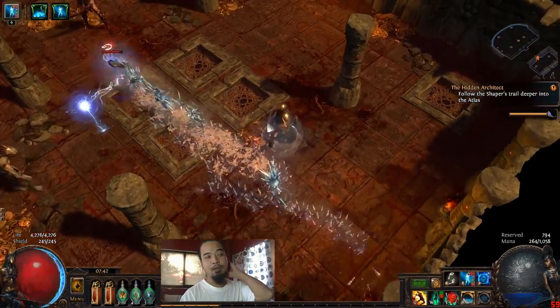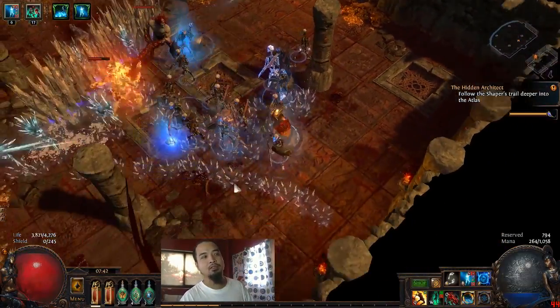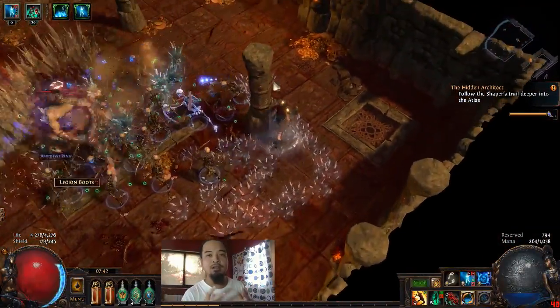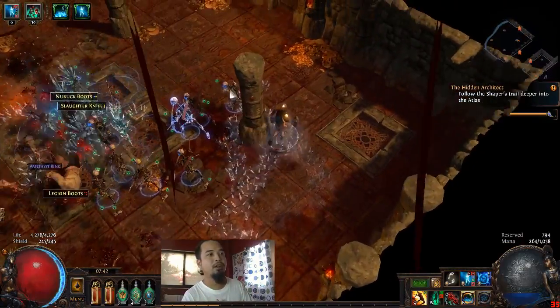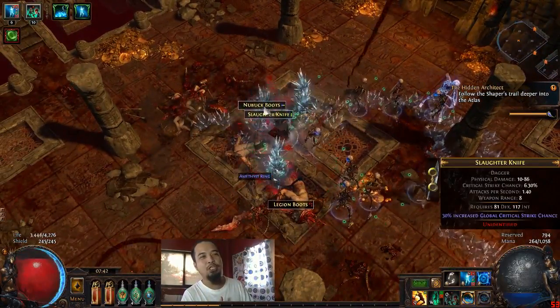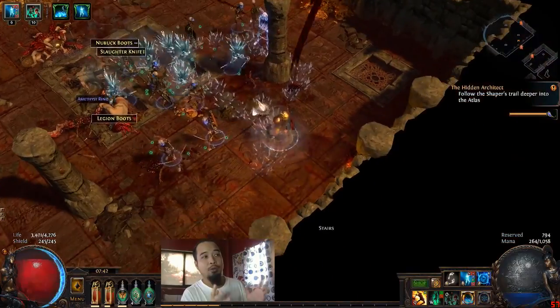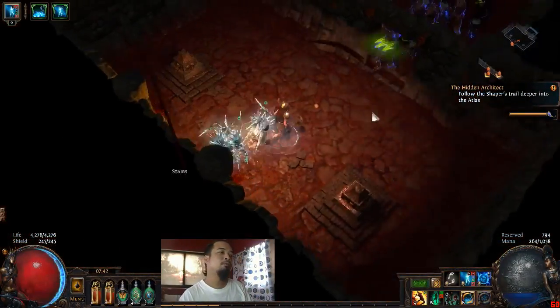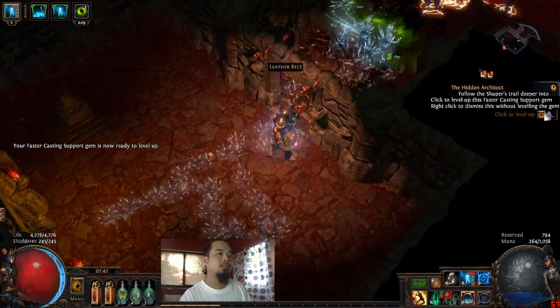The next set of monsters, of course, was again super easy. I didn't really encounter any problems here. I did pop the Vaal skeletons over there, just to provide some additional meat shield again. It was super fast, as you can see there, and I really didn't have any problems with it. Of course, the next part will be